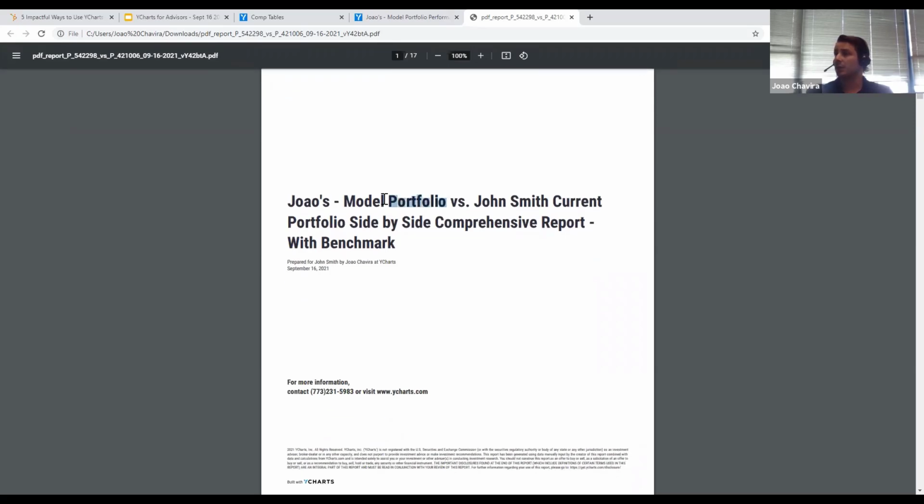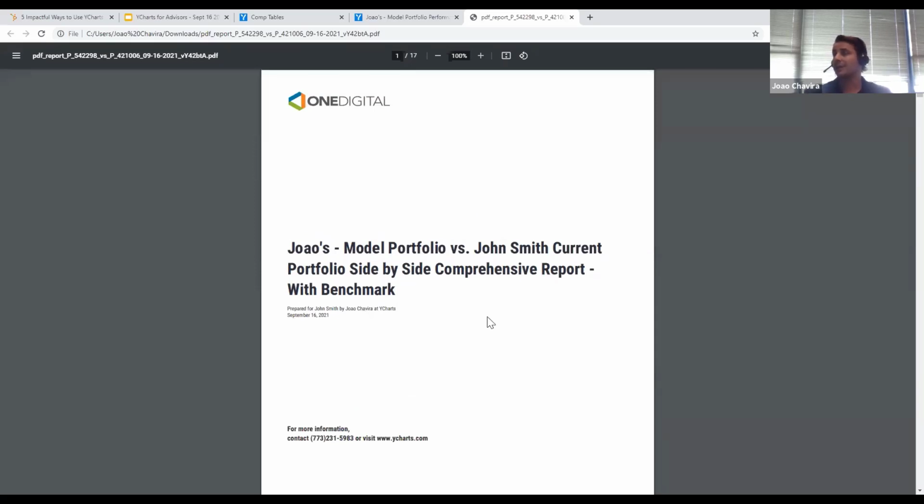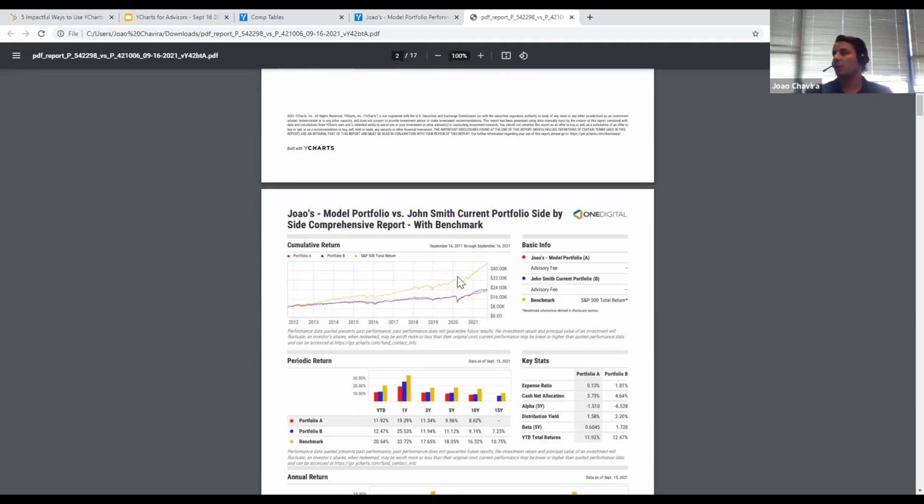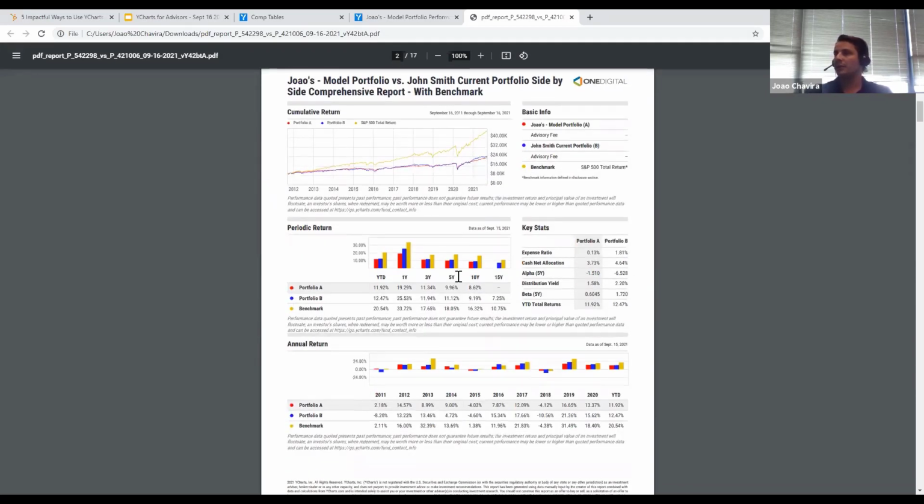So we're looking at Joao's model portfolio versus John Smith's current portfolio. It gives us a date. So this was prepared for John by me, and it has September 16th, 2021 on there. You do not have to have a cover page on any of these reports, but it is an option for everyone. Now, as we actually get into these reports, what we're going to have is all of the information available